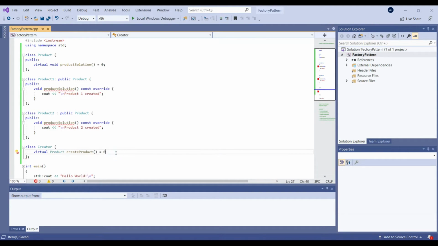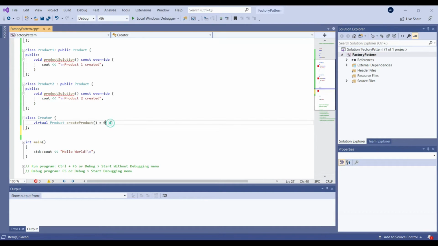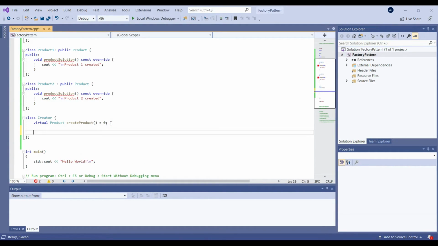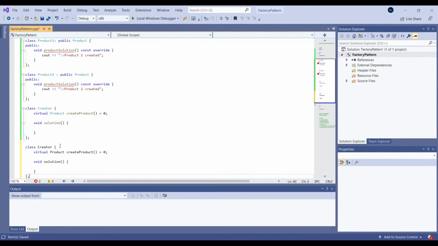Now create product will return a product from the creator. Now you have to write another function here, a void solution, which would be actually instantiating the actual product. We'll go into the definition later, but let's write our derived classes over here.